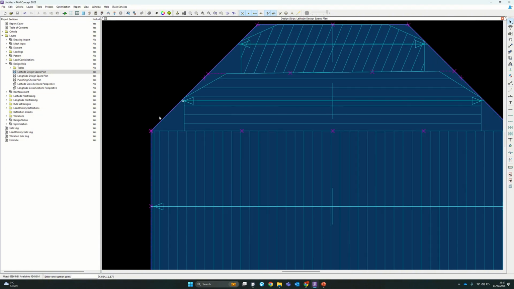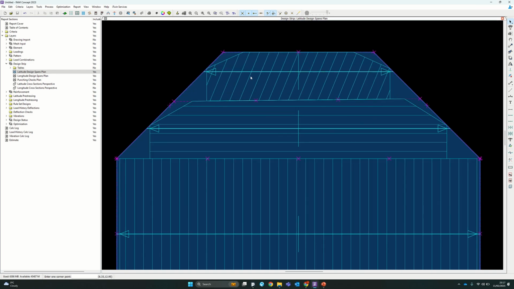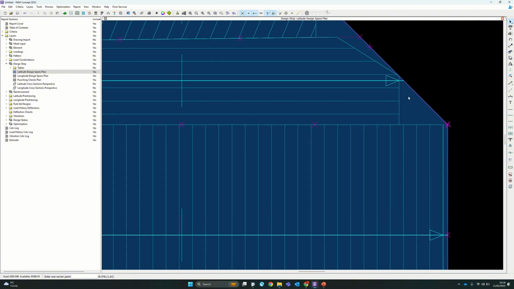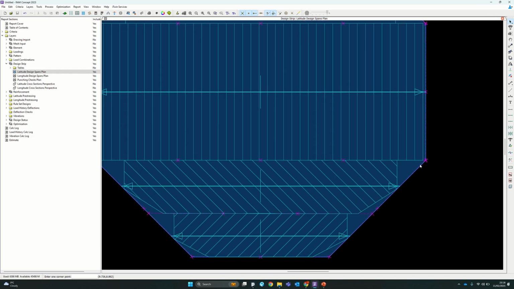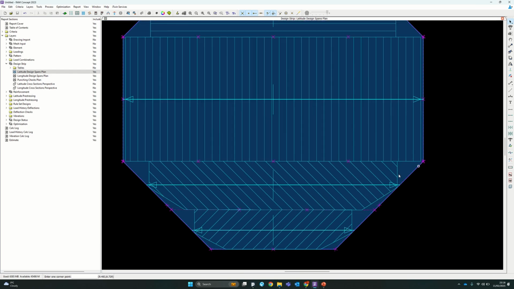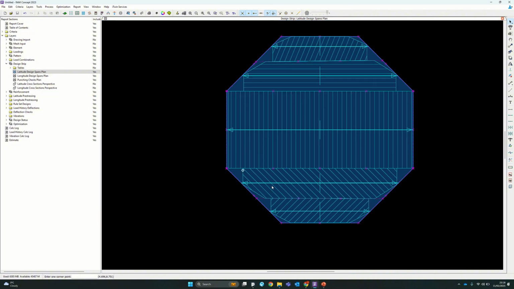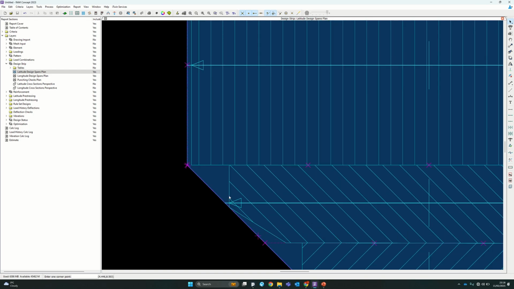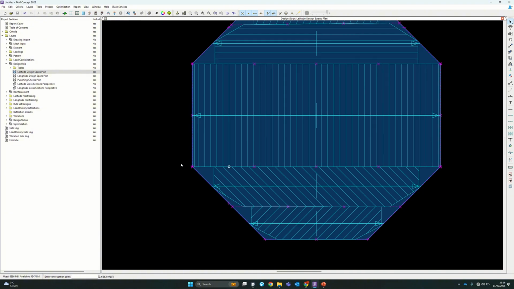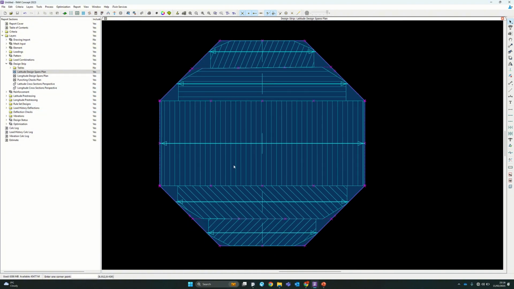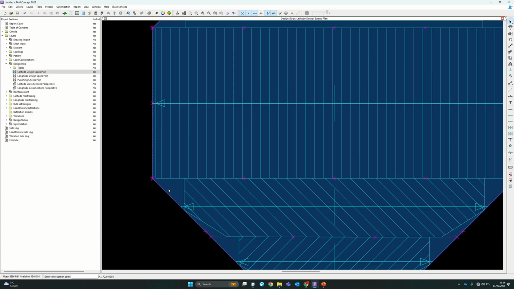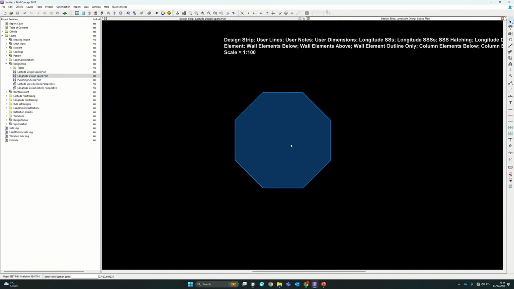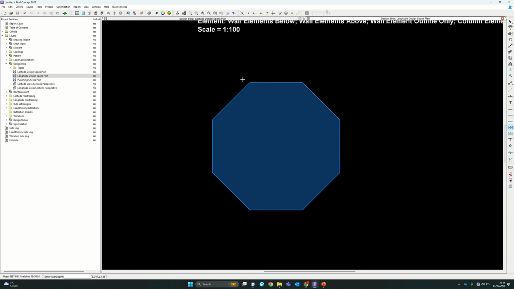As you can see, some areas aren't filled in very well, so what you would do then is play around a bit and try to get as much of the space hatched in as possible, because wherever there are gaps, that's where it's not being able to analyse it properly. That can cause issues if there are areas that don't have any structural support, because if there's a gap, there's no reinforcement going through it basically. So if you go into the detailing later on and see bars that are missing in areas, it's probably to do with this. So if you open up longitudinal design spans, and we place again some boundaries in,